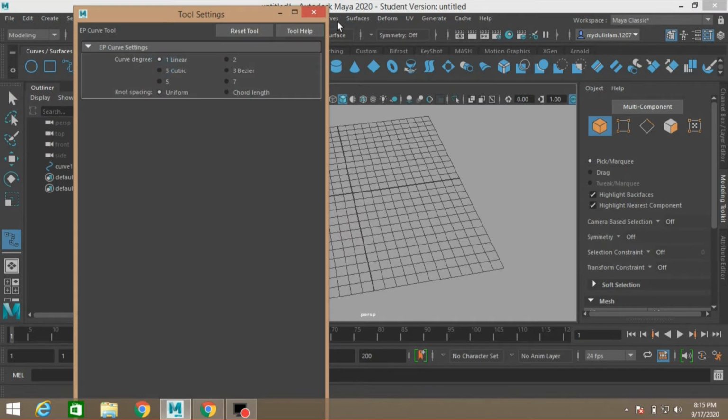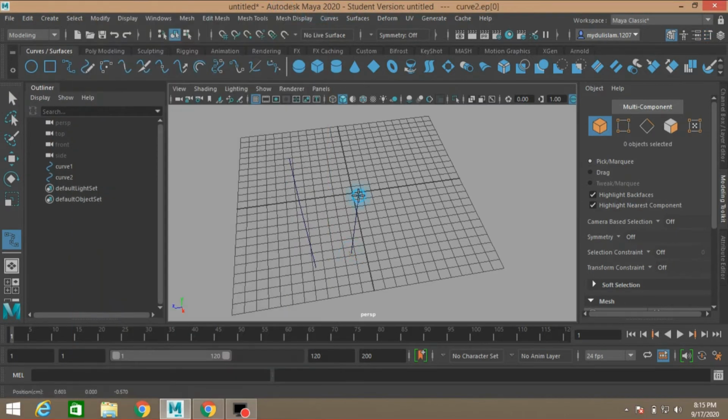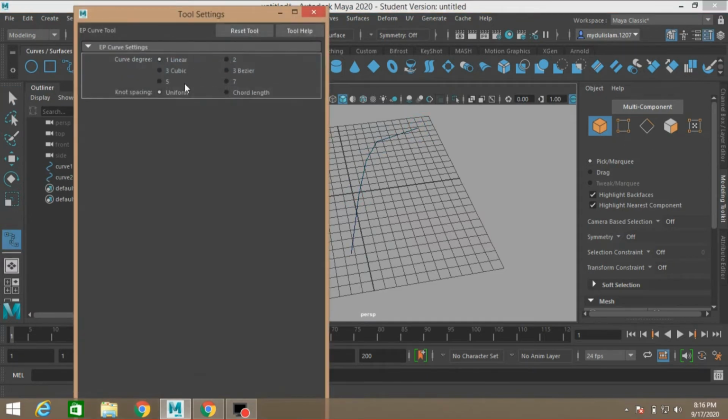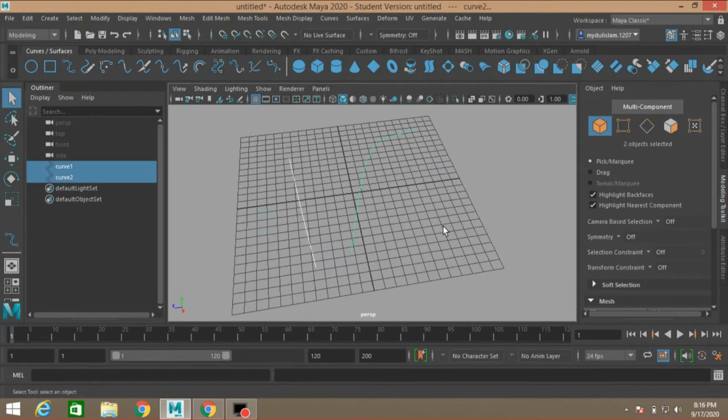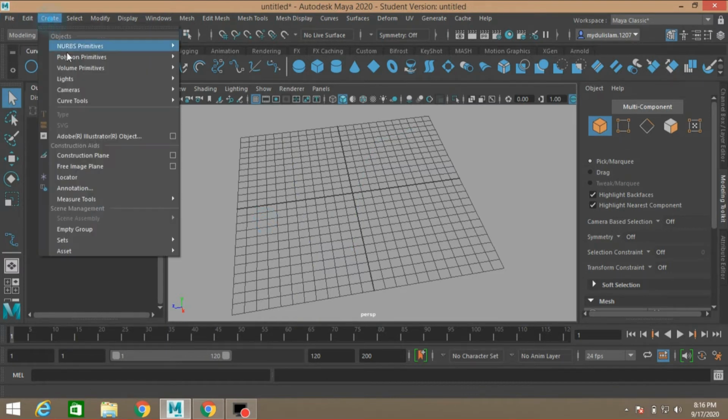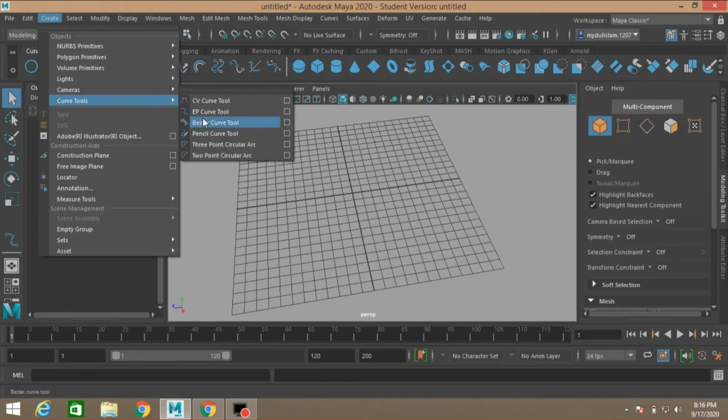See, linear, click, this is linear. These are the properties of the CV curve and EP curve. Press delete. Now next one is Bezier curve.